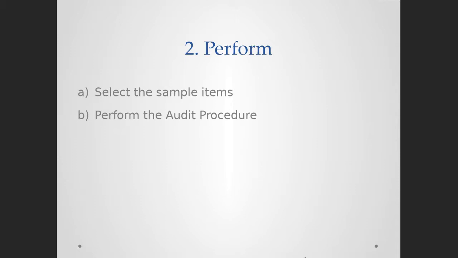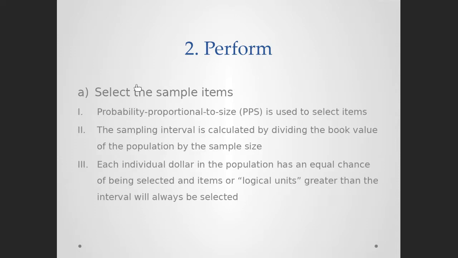The first point in selecting the sample items is that probability proportional to size is used to select the items, meaning the larger the sample item is going to be, the larger the probability is of selecting that item in the sample. So my question to you is,